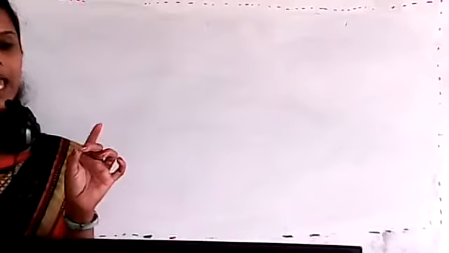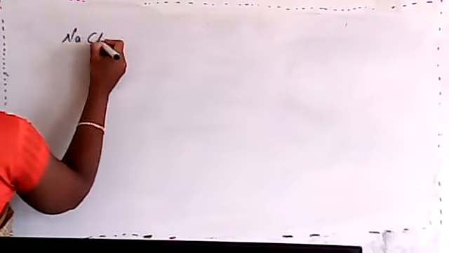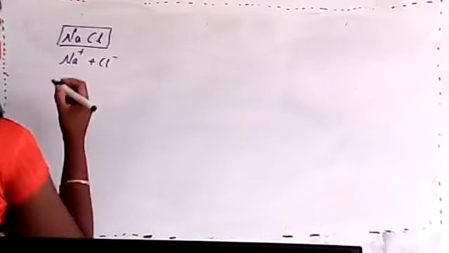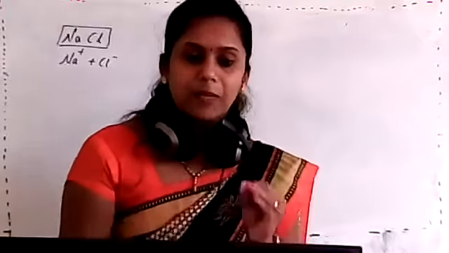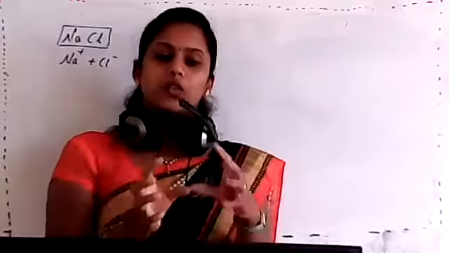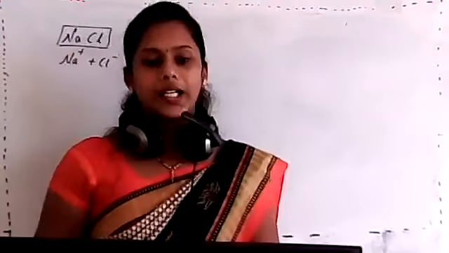And we know that in the case of noble gases, they are inert or in an uncombined state. That means they are independent, isn't it? But in the case of other elements, for example, Na, sodium, in NaCl, Na is in the form of Na plus and Cl is in the form of Cl minus. So other elements are in a combined state. Remember these things, students. So we know matter is composed of so many atoms, isn't it?